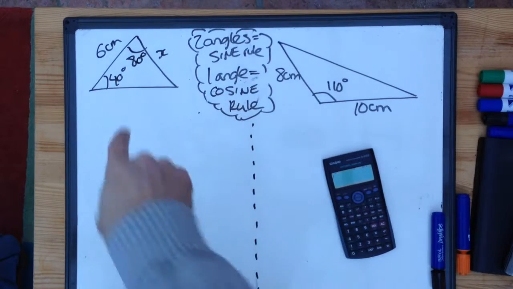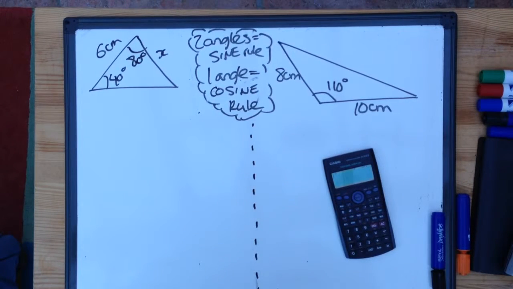Looking at these two triangles, there are no right angles apparent in either of them, so we can't use our basic trig, but we are going to be able to use the further trig, sine rule, cosine rule, formula given on the formula sheet. Just as a general rule, to find out whether it's a sine or the cosine rule before you start,